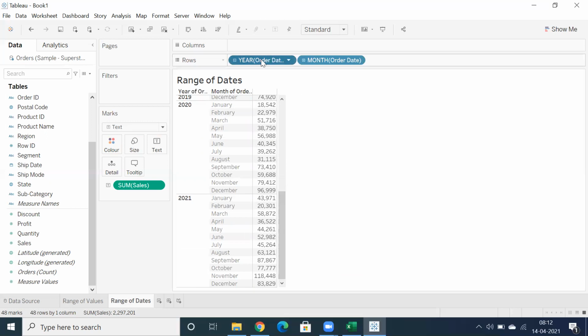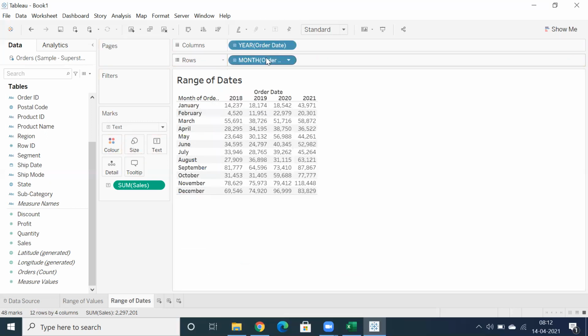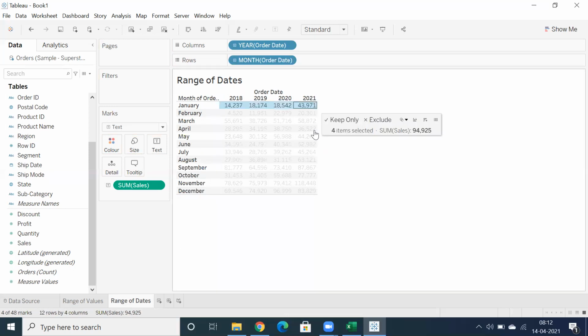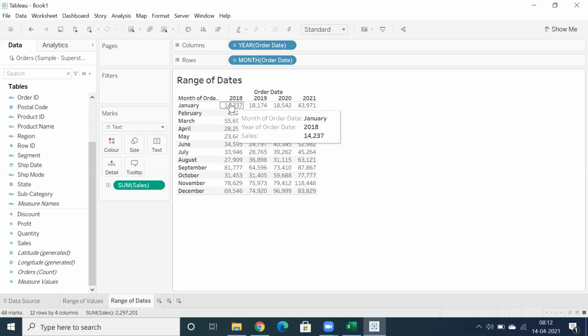But when you use month in rows and year in columns, straight away you can see how much less space is occupied, and you are able to see January sales across all the years. So that you can compare: 2018, 2019, 2020 versus 2021, it's a huge difference, right? You can see it for January sales. That's what I mean to say.